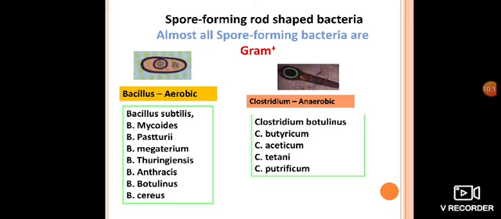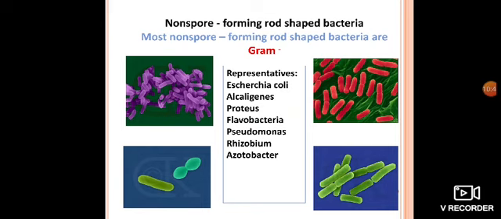And if we consider Clostridium, they are microorganisms that generate spores, and their nature is gram positive. There is Clostridium tetani, and we have all taken the drug or injection for tetanus. So it belongs to that Clostridium tetani. Okay, now the next, gram negative.